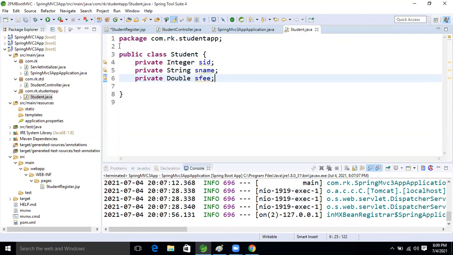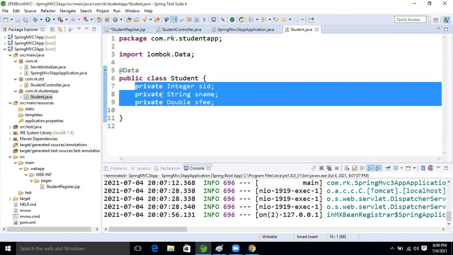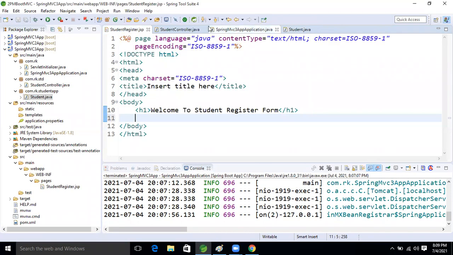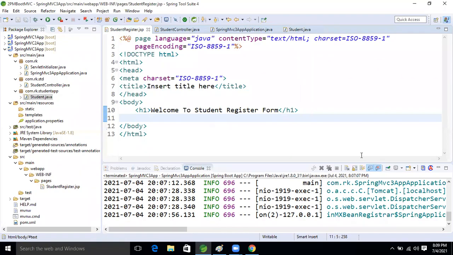After that we will take the @Data annotation. Only @Data we will take, nothing more else. @AllArgsConstructor, no need, because here our IOC container will set the data. So good. Our Student class is ready now, guys. Okay, so what we will do now, here we will take the